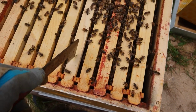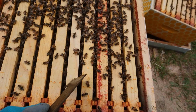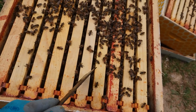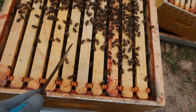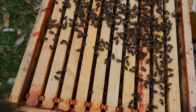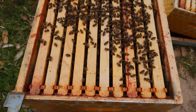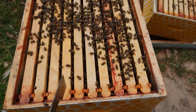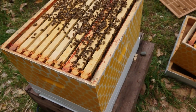drawn out slightly, and not much is going on it. It's basically just foundation. They only just started drawing comb on it. And then the rest of these frames, the rest of the 5 frames, are just cram-packed full of what I think is blackberry pollen, gray pollen, and yeah, so 5 of the lower deep's frames are just cram-packed with pollen and